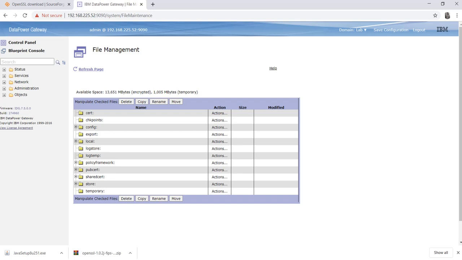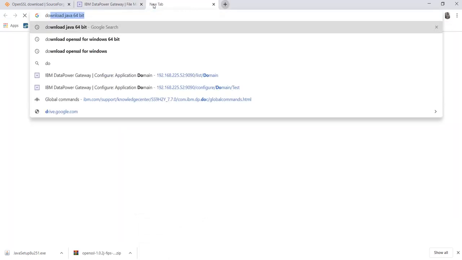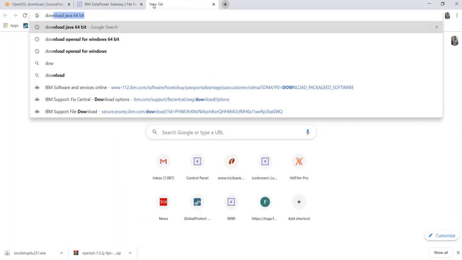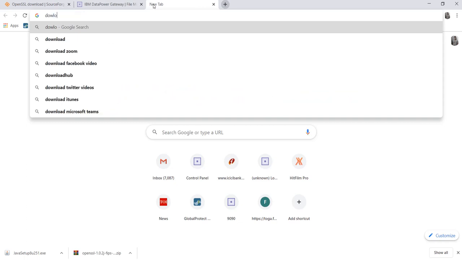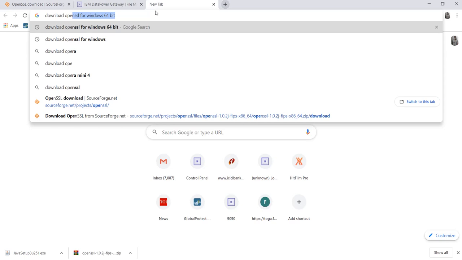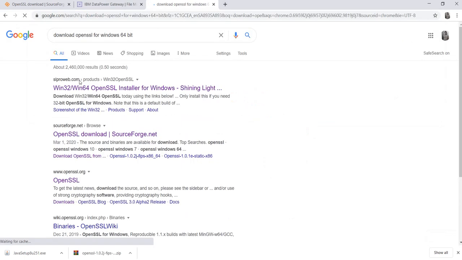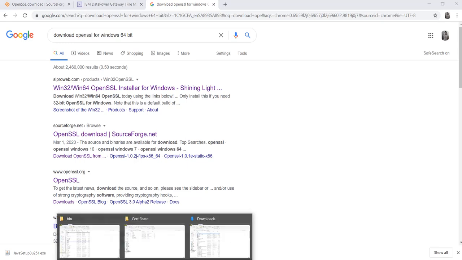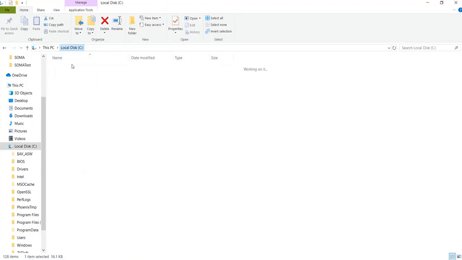If you don't have OpenSSL, you can simply search for download OpenSSL for Windows. You can download it from any site. Once you download OpenSSL, you can keep it in any directory, like I kept it in my C directory here.